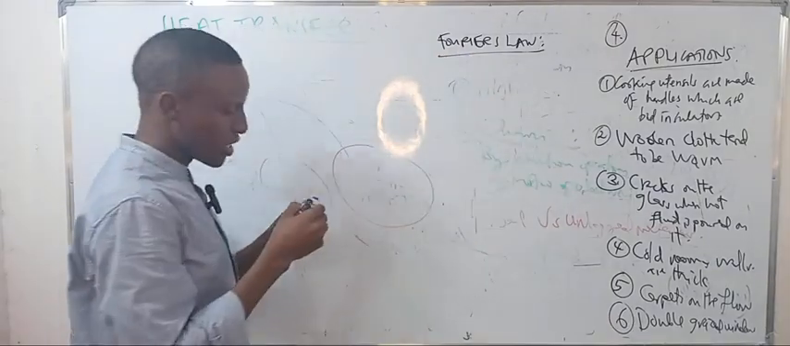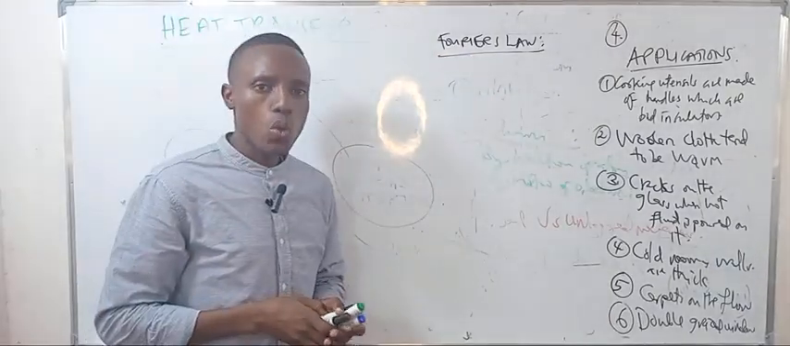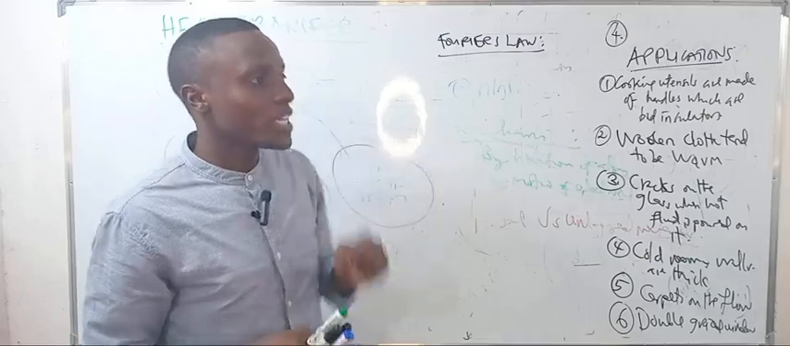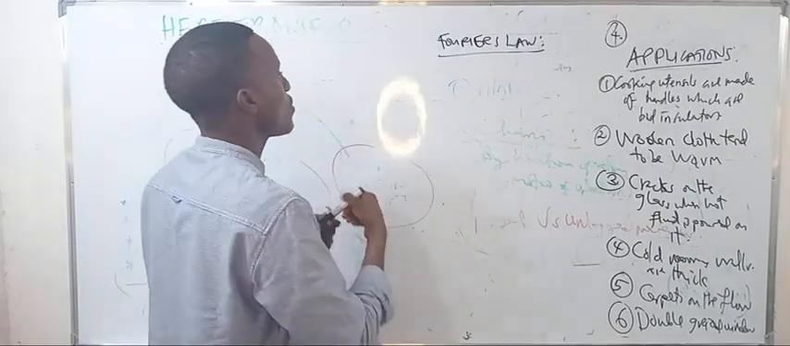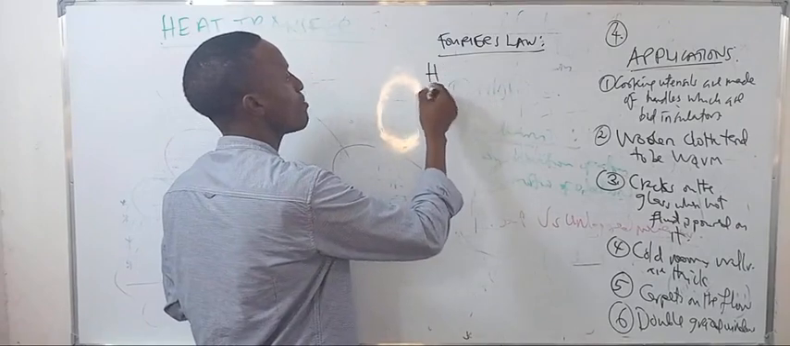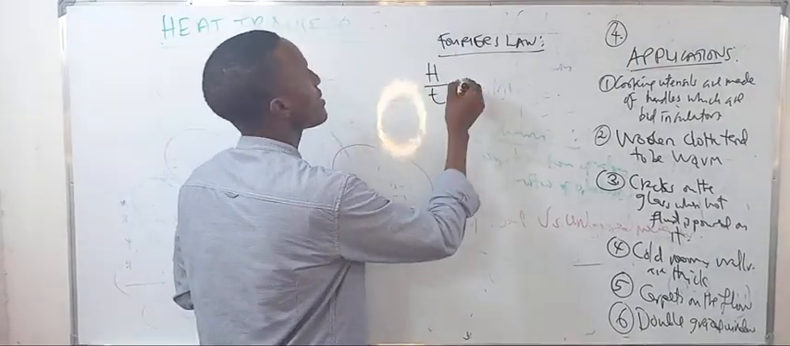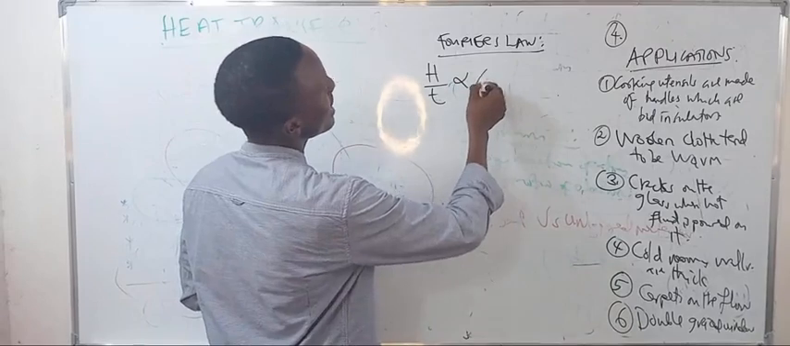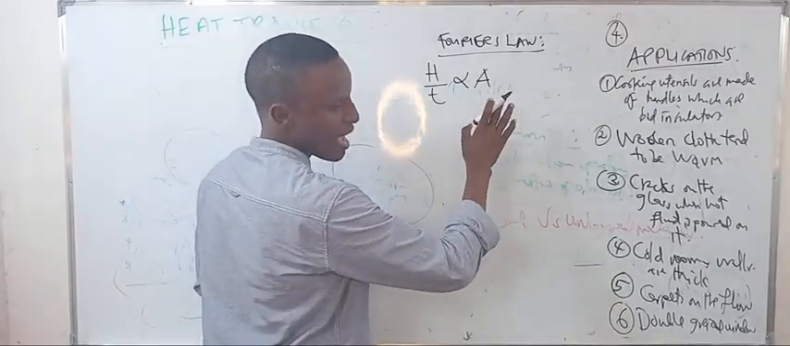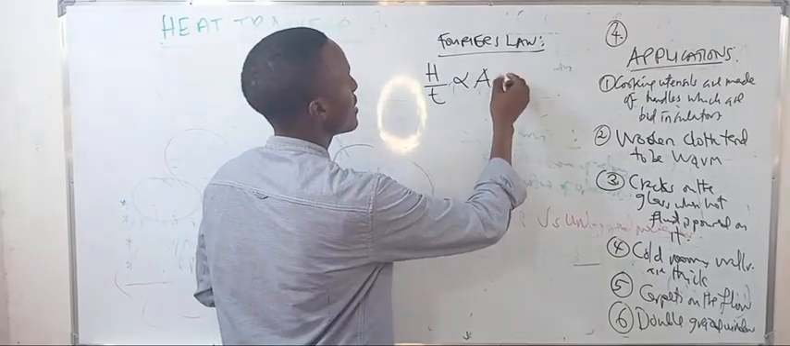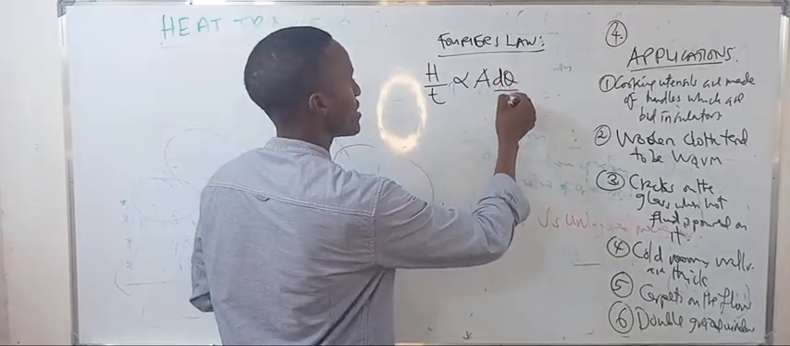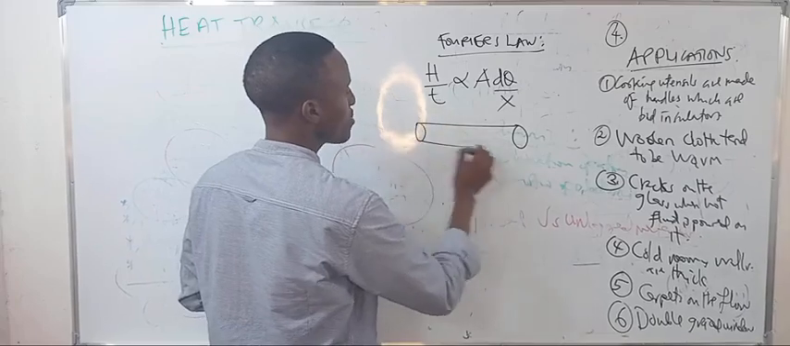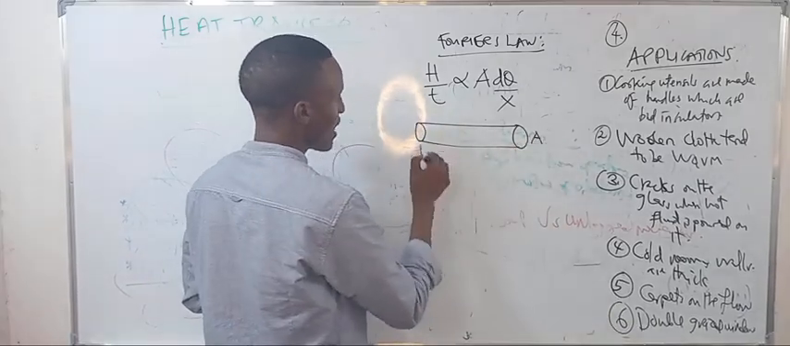So how about Fourier's law? Talking about Fourier's law, this is the law that explains conduction. It says the rate of heat conduction, this means the heat flowing per time, is directly proportional to the area of the conductor and the temperature gradient. This means if I have my conductor, having cross-section area A and having the length